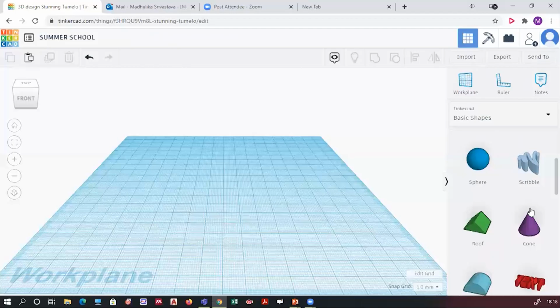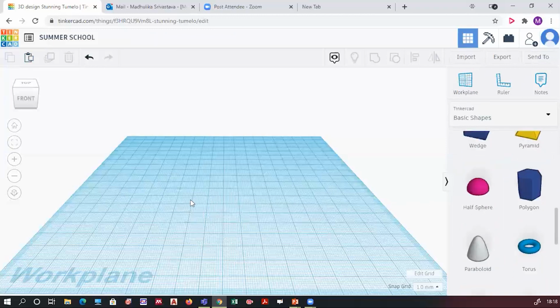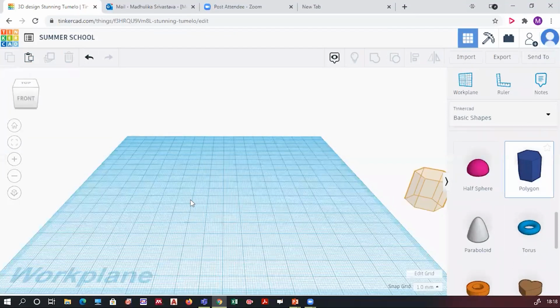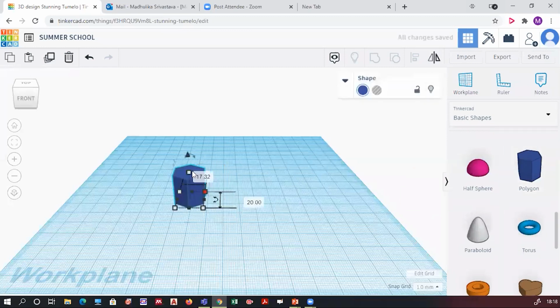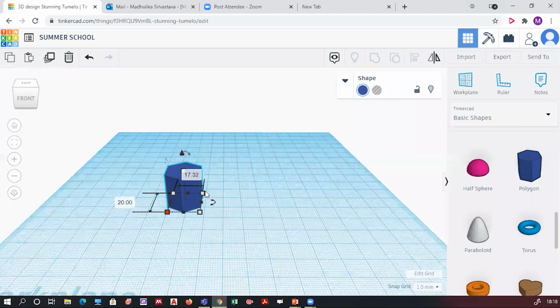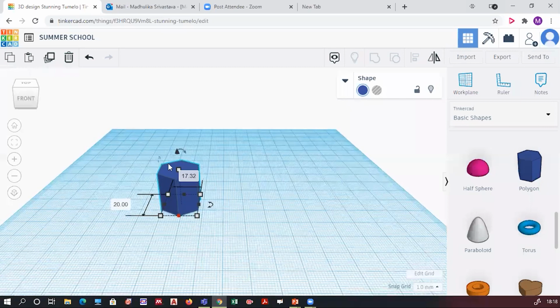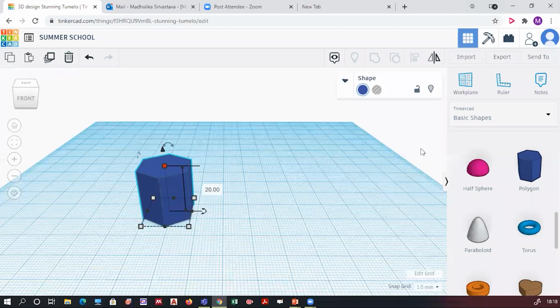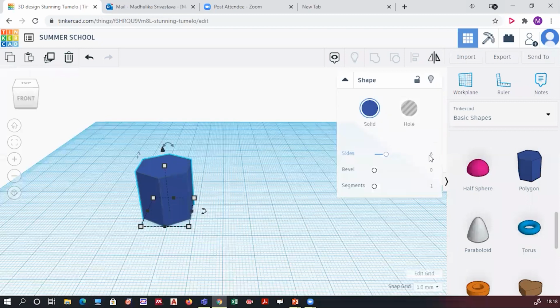So the first thing, we will be using a polygon. Okay, a polygon with 6 sides, we are taking it. Now when I place the object on my work plane, I will change the height of this polygon. It's already 6. If you see, just click over here, you will see there are 6 sides.